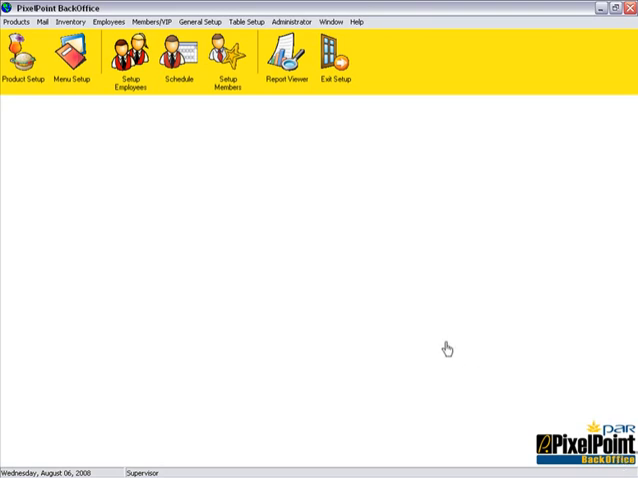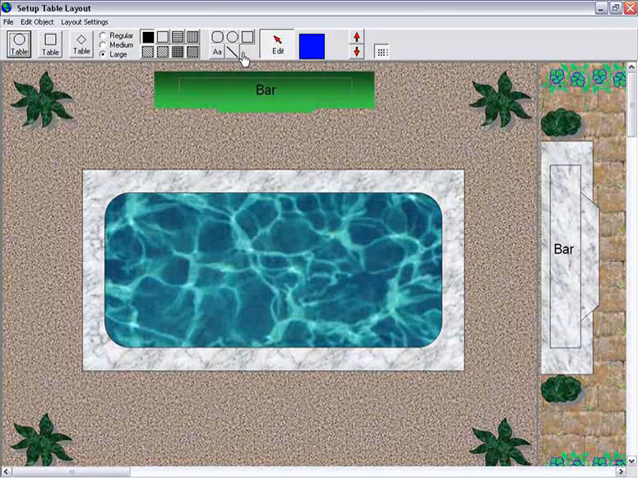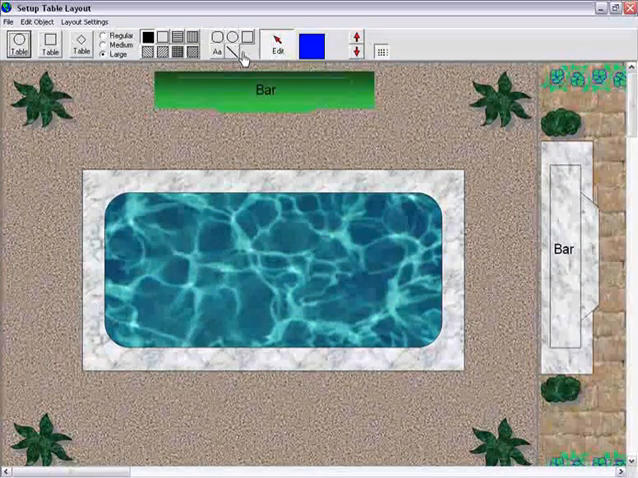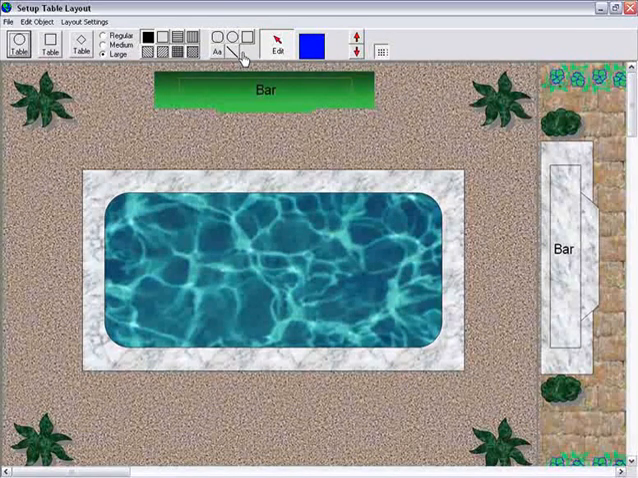When you want to make changes to the table layout screen, go up to Table Setup and choose Set up Table Layout. Now what we're looking at right now is a graphic image that I've applied to the PixelPoint system. This is a file called tablelayout.jpg, and you can create any form of image using any software, and as long